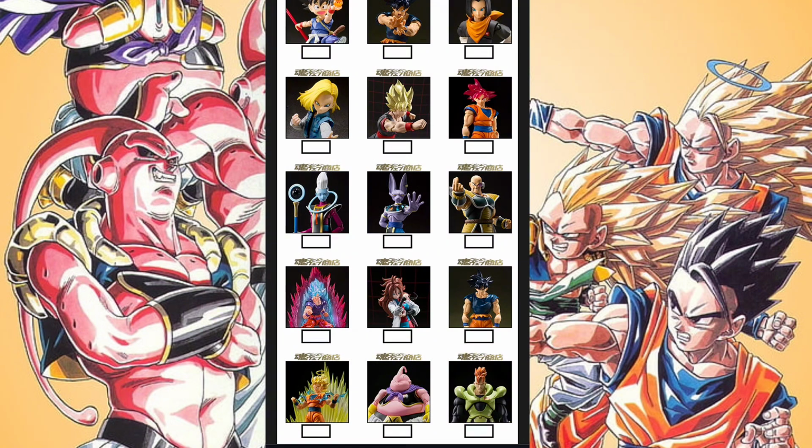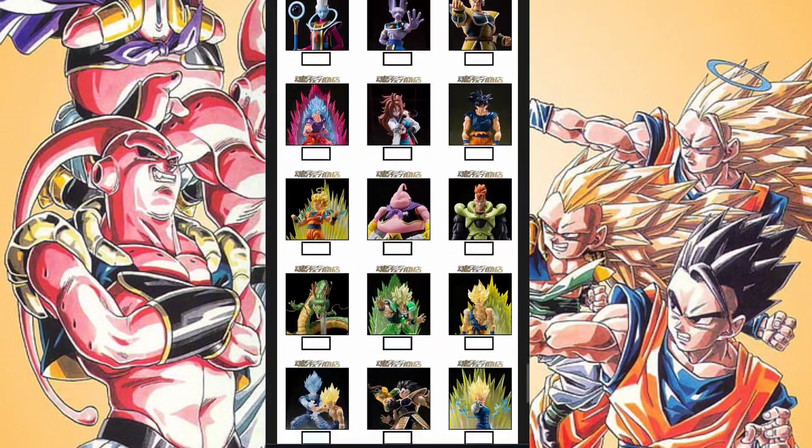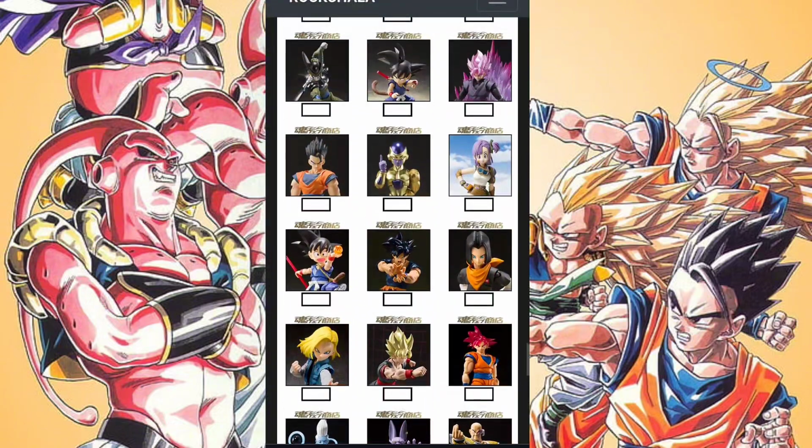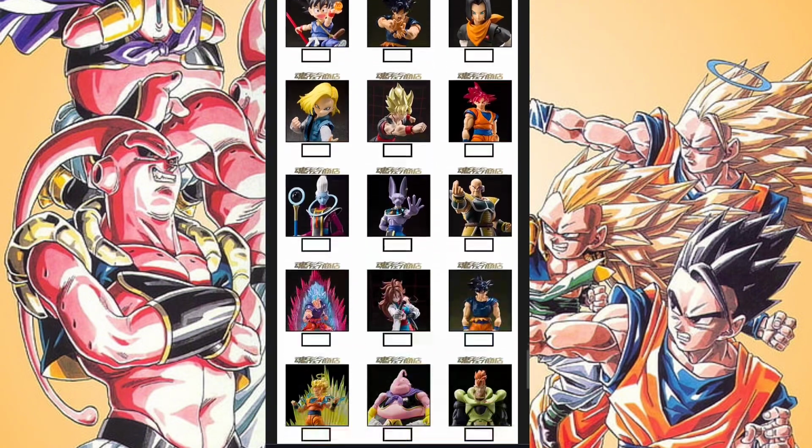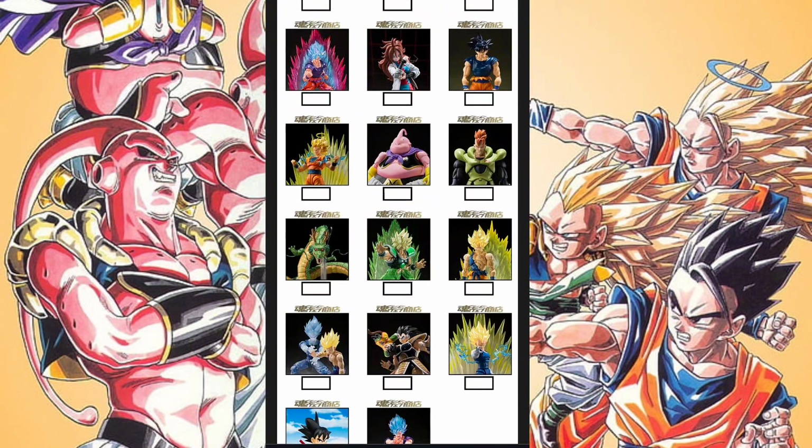Doesn't make sense. Android 21. I can't even tell you why she was a premium event exclusive. Oh yeah, she was an event exclusive, but I swear she was a premium Bandai exclusive first. I don't know which one came first, but either way, a lot of these other releases are usually repaints that reflect more the manga colors. Like we saw this Bulma before earlier, but she had the blue hair and not the purple hair. So it's usually to reflect manga colors or more screen accurate colors, or if it's not something more screen accurate, it's just another reason to give us a repaint of a figure that was very hard to come by.